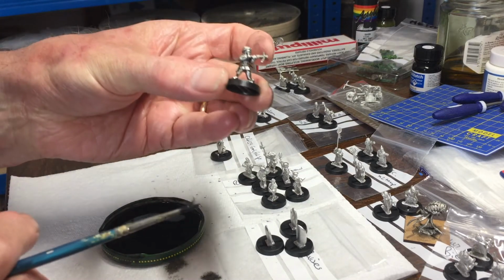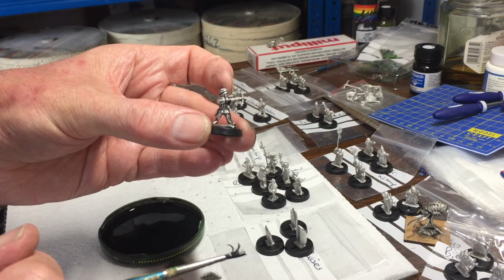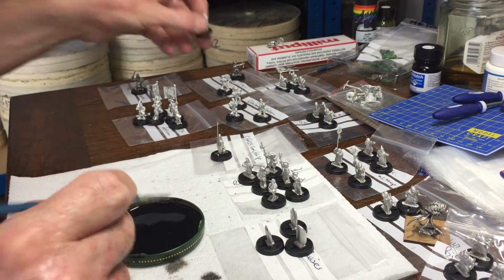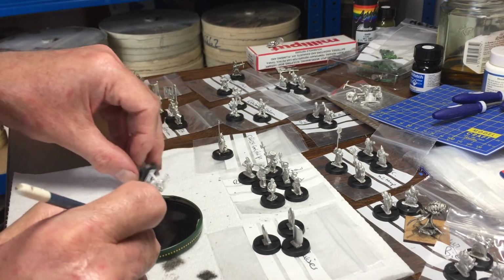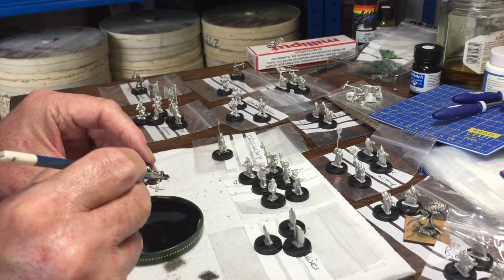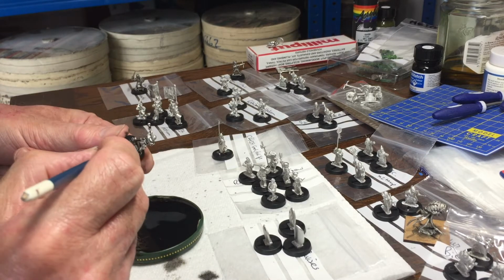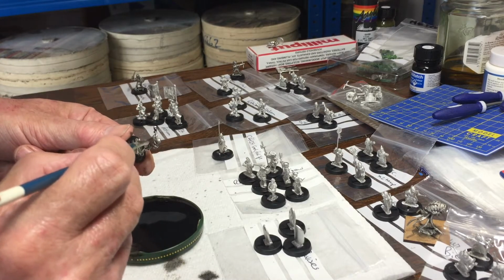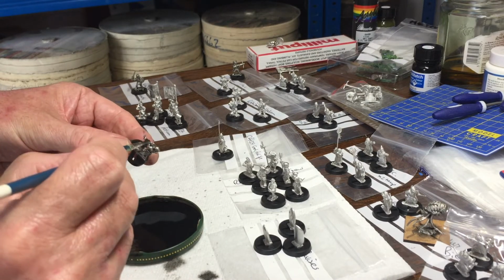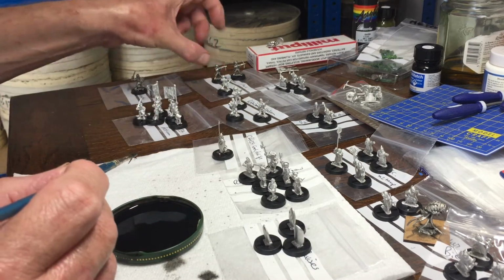Let's see, and so you can see what the figure is like. Photographing a plain metal figure is possible, but you need really diffuse lighting, and it really doesn't show the detail. So thin black paint, I keep calling it ink, but it is technically just thinned black paint, is just helping to define the figure